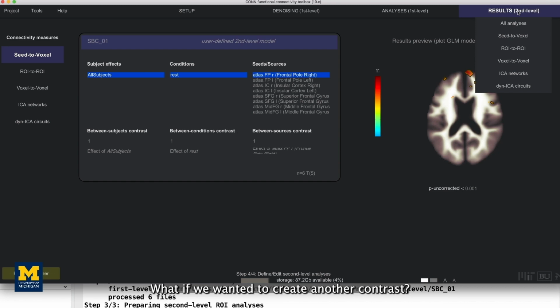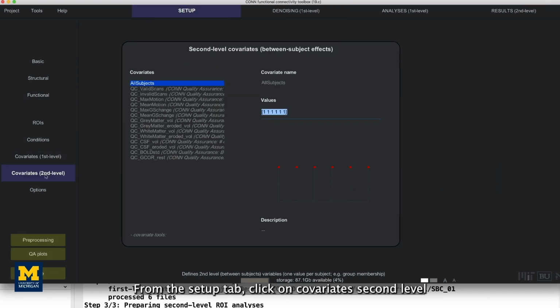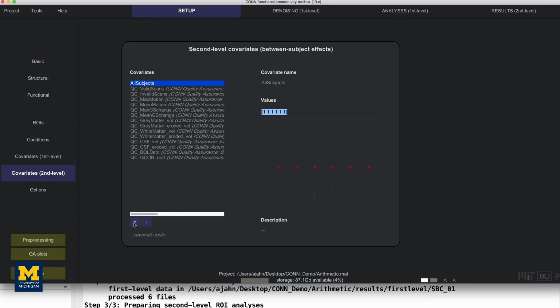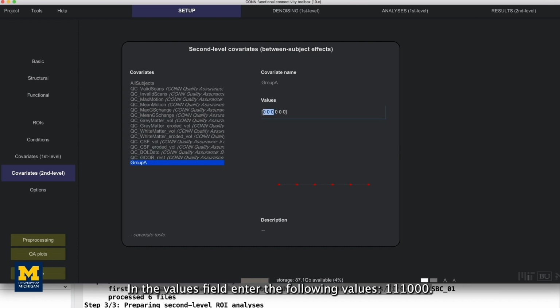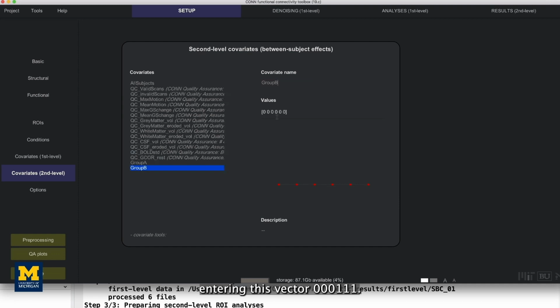What if we wanted to create another contrast? For example, compare the first 3 and the last 3 subjects, as though they were different groups. We first need to create 2 separate contrast vectors, one for the first 3 subjects and one for the last 3. From the Setup tab, click on Covariates Second Level, and hover your mouse over the bottom left corner of the Covariates menu. Click on the plus sign and label the covariate Group A. In the Values field, enter the following values, 111000, and do the same for another covariate called Group B, entering this vector,